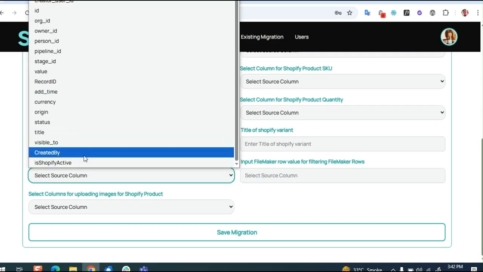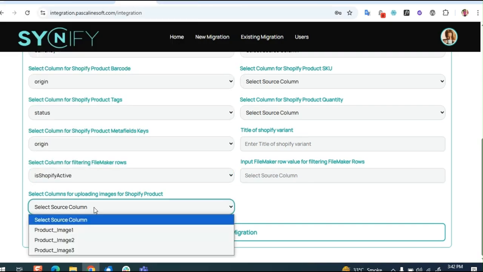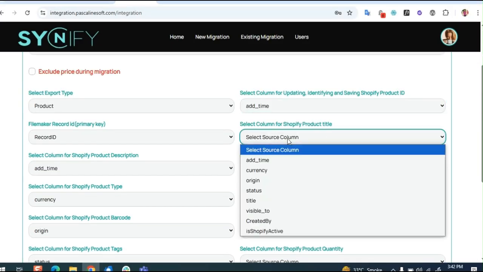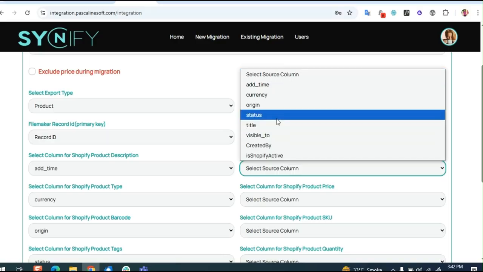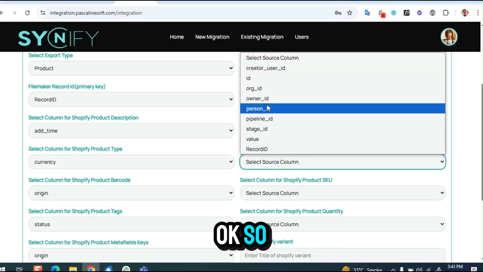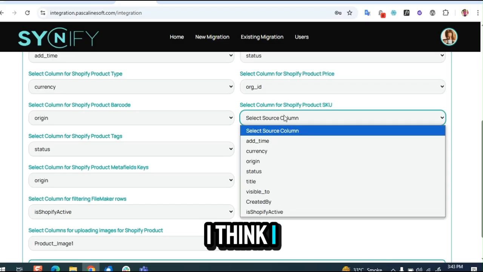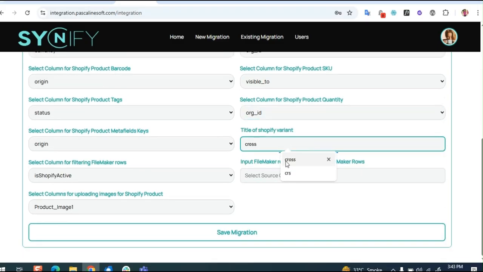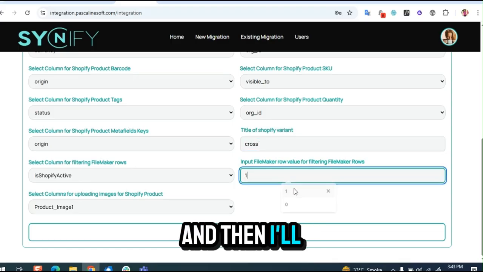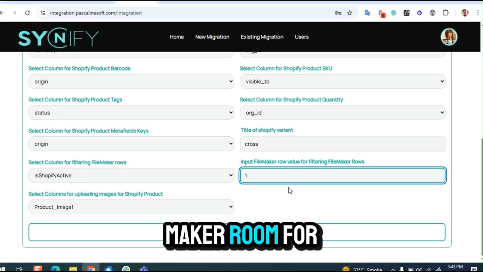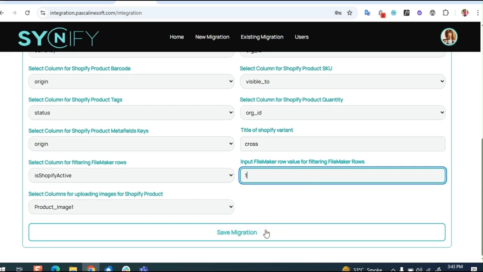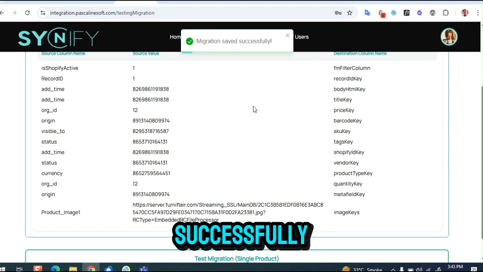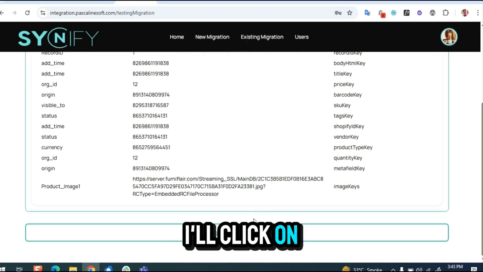I'll add metafield, Shopify active, and product image. Then an ID. I'll take cross, and then I'll put the input FileMaker row for filtering FileMaker row, and I'll save migration. You can see my migration saved successfully, and after that I'll click on the test migration